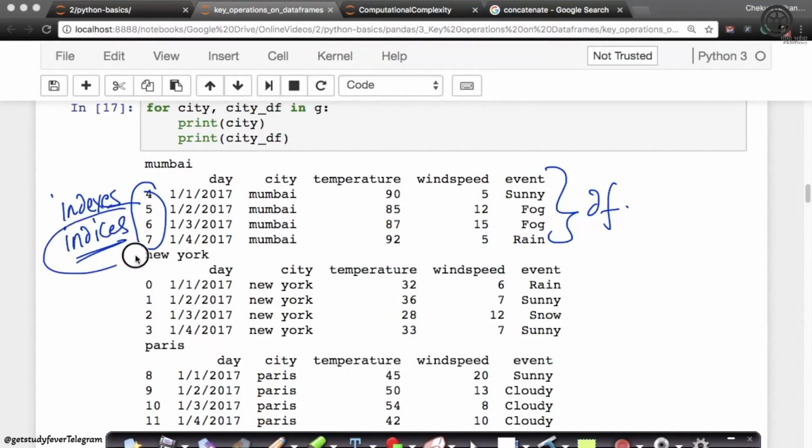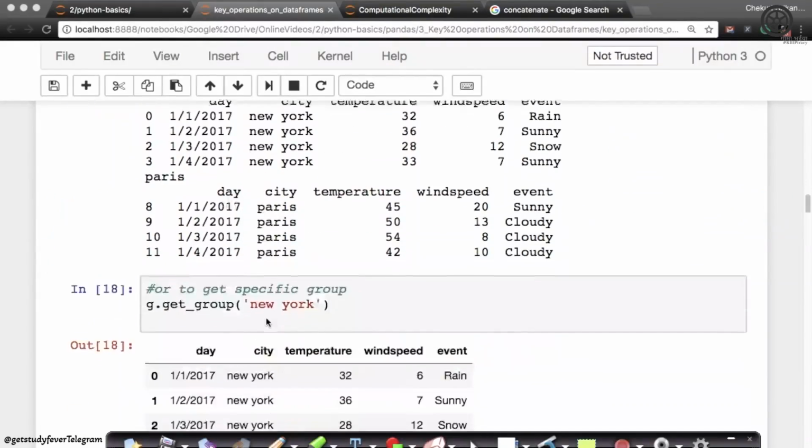So the indices of this data frame don't correspond to row numbers, because this is row 0, this is row 1, this is row 2, this is row 3. But the indices have been copied from the original data frame, right? This is a simple case where the index is not the same as the row number. Anyway, as I promised you, we'll see this a little later. But I just wanted to bring this up to you.